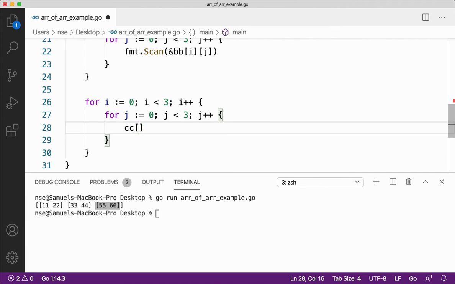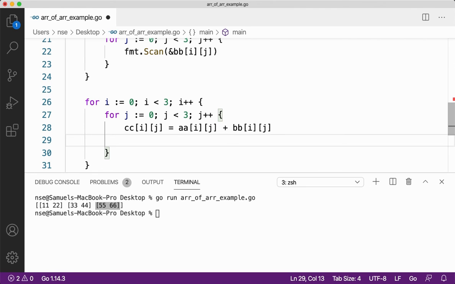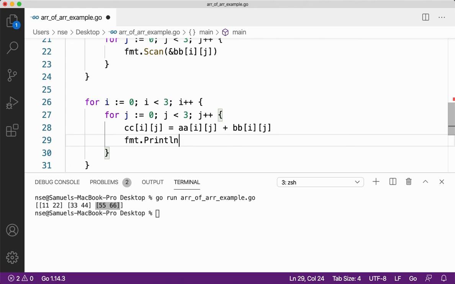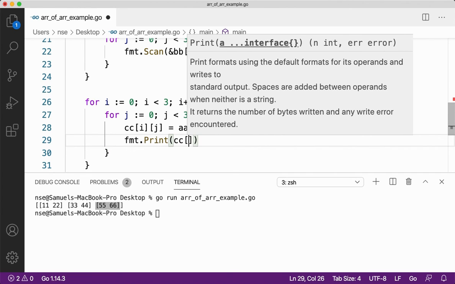I'll say cc of i j assign AA of i j plus BB of i j, right? And then I can print it as and when I get the value. How will I print it? I'll say fmt dot print, and then cc i